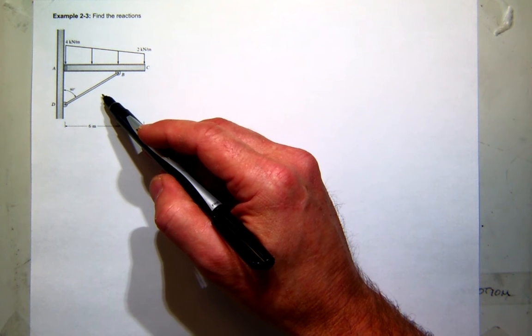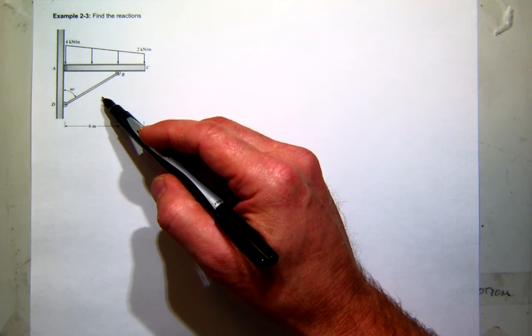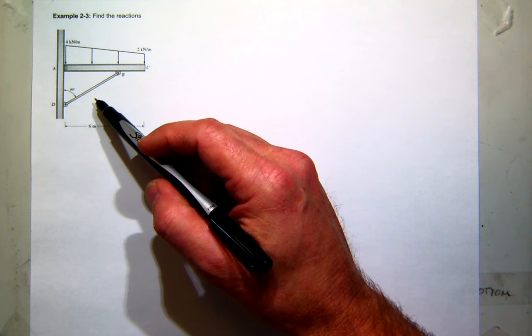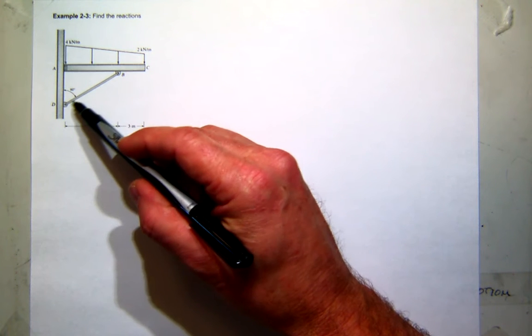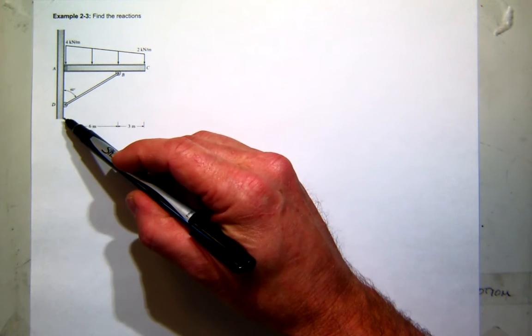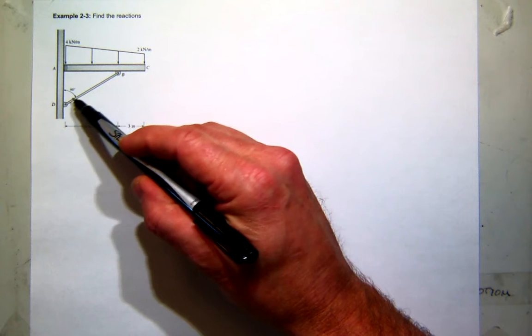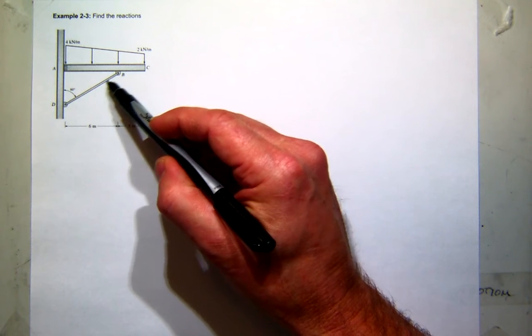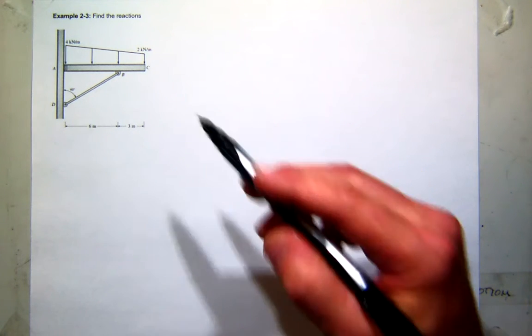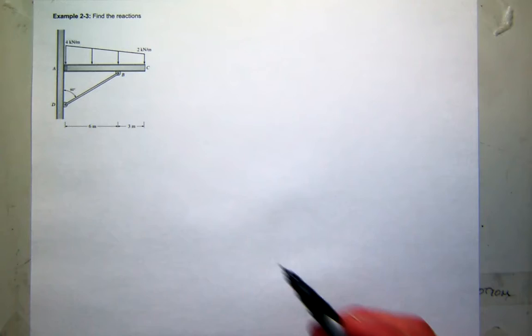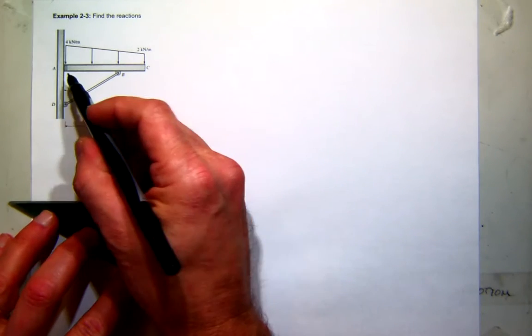In fact, when we later today, or definitely on Thursday, start talking about trusses again, basically this is just a truss element. It's either going to be in compression or tension. So we know the direction of the member, the force, but we don't know its magnitude. So the first thing I want to do is draw a free body diagram for this